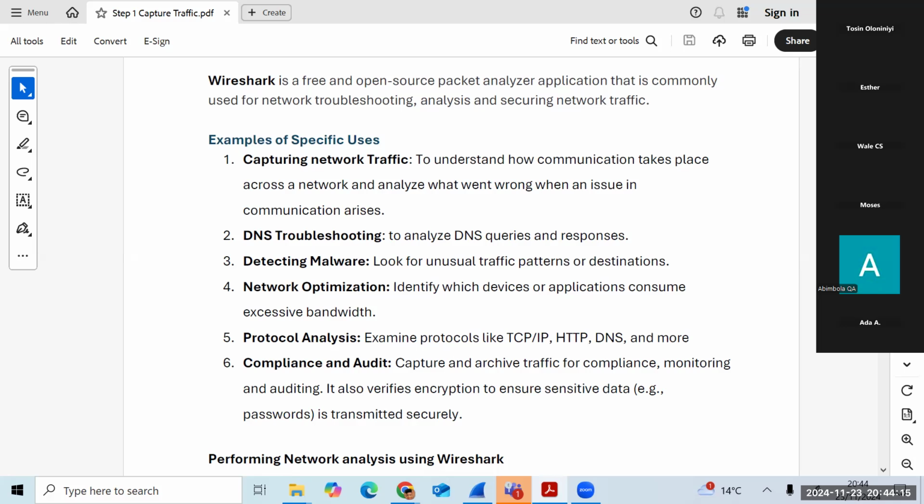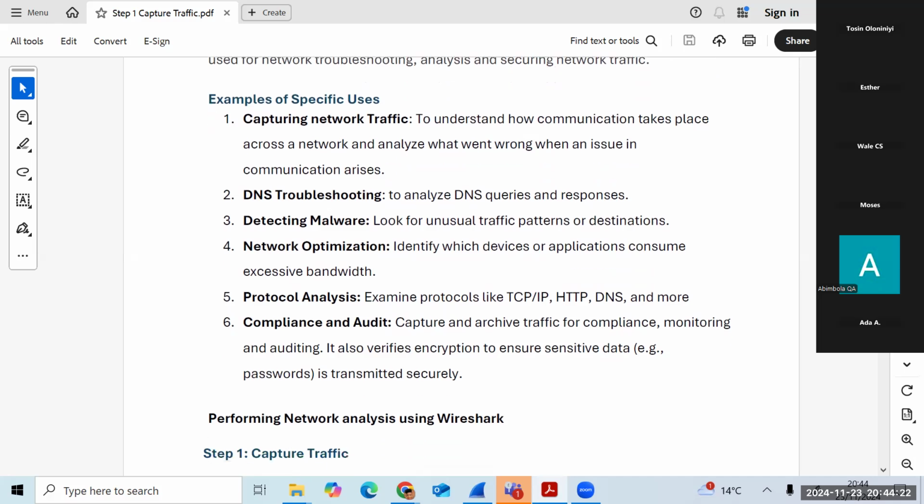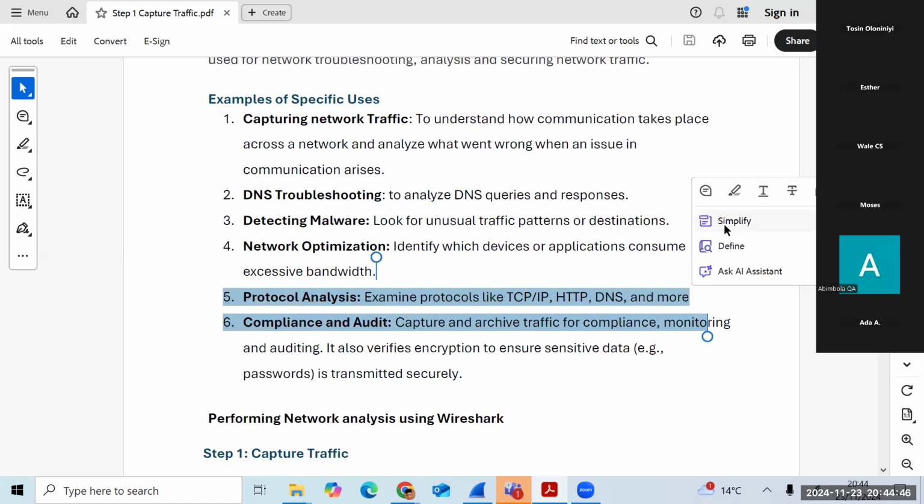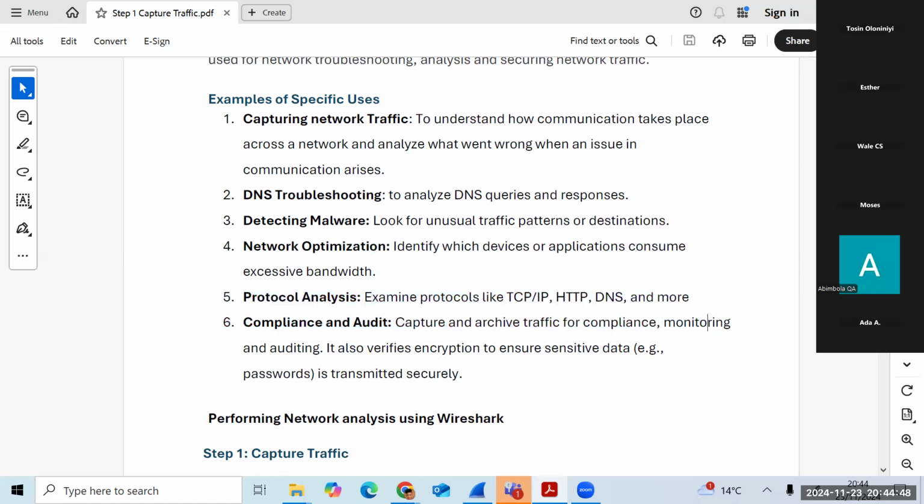It's also good to examine different protocols. This is where our networking knowledge will come in handy tonight. We'll be looking at different areas of networking, because without the knowledge of networking, no matter how basic, it will be impossible for us to analyze the network. So all the things we've learned, the OSI model, TCP/IP, this is where we're going to make everything practical tonight. So it helps to examine protocols, like I've mentioned, TCP/IP, HTTP,